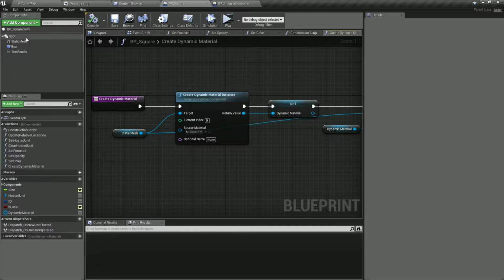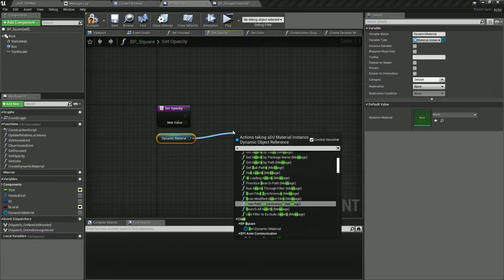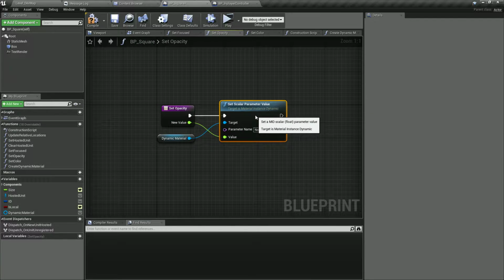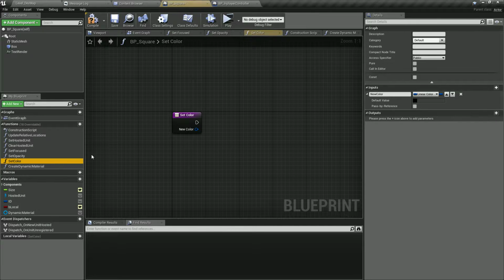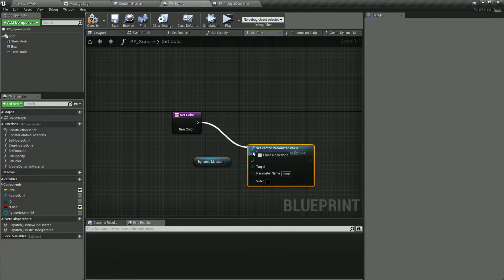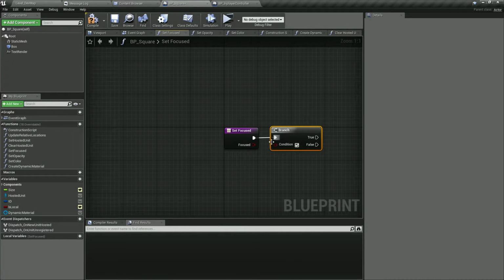So this won't change a thing by default, it shouldn't. Set opacity, we're going to grab our material, we're going to set scalar parameter value, like this, and this is going to be opacity. And set color, we're going to do the same thing, except we want this, and this is going to be color, like that. So I think when we set the square focused,